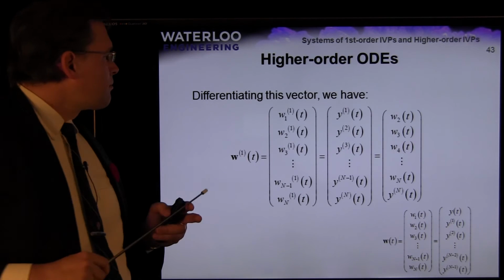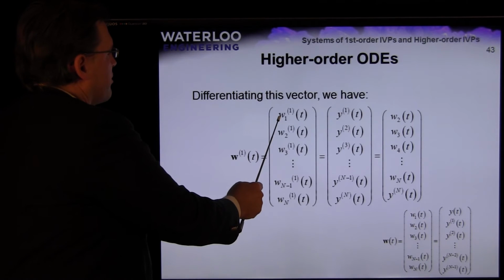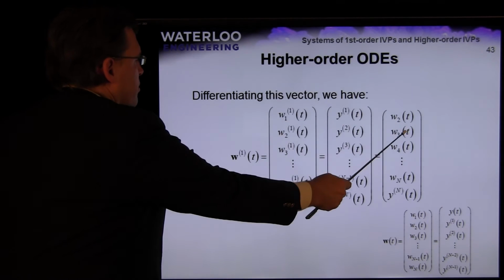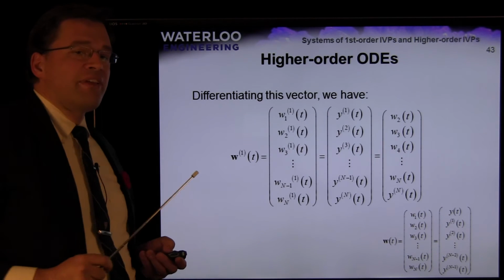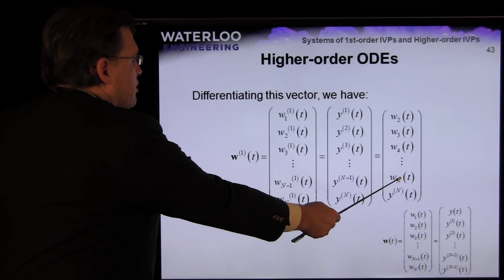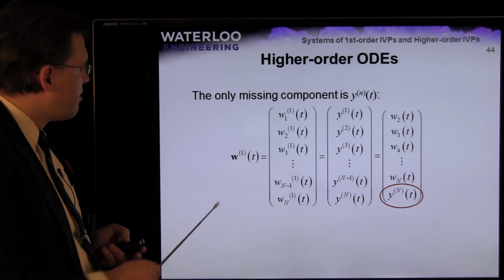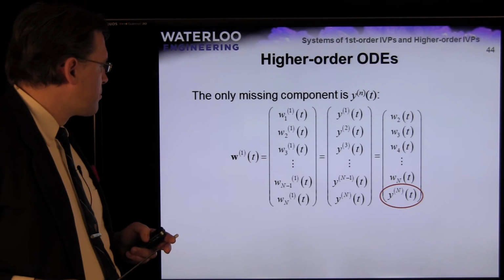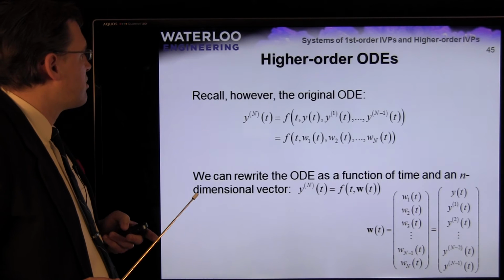So now, the derivative of W1 is just W2. The derivative of W2 is W3. The derivative of W3 is W4. The derivative of the n minus first W is the last one. There's only one unknown. What is the nth derivative of y? Well, wait a second. The nth derivative of y